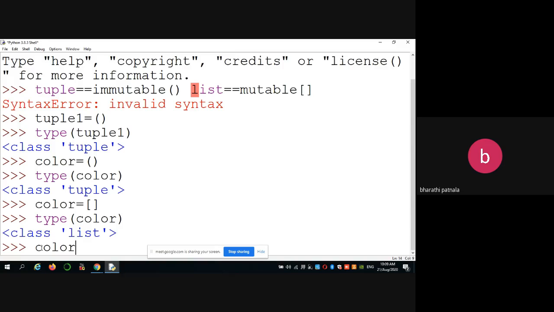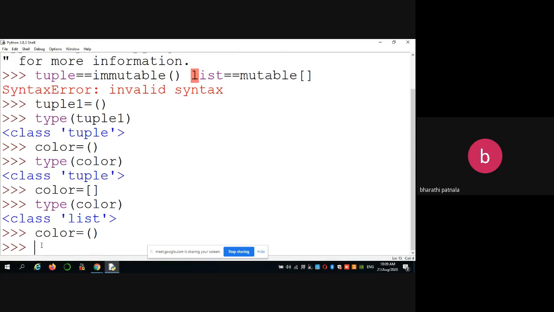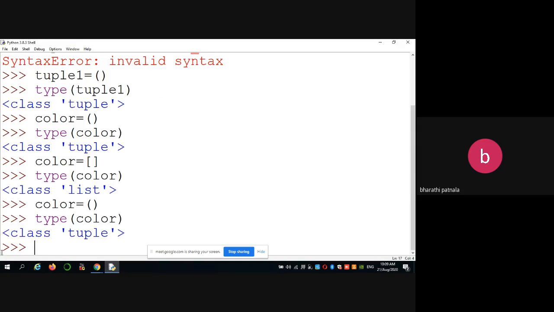Now one more time I am creating a tuple. Previously if we had declared it as a list, immediately it would be created as a list. So now we want to create this type, so it's a tuple.